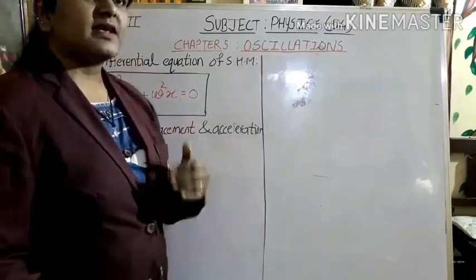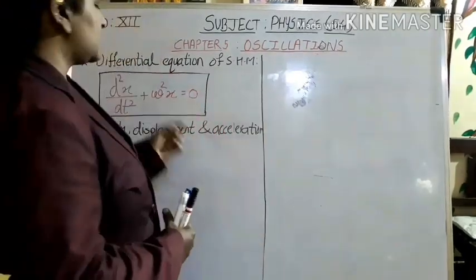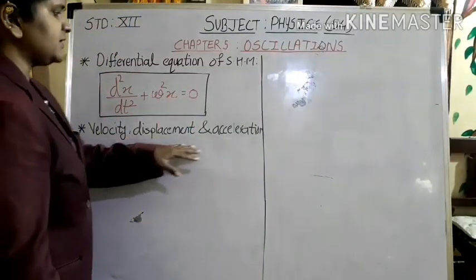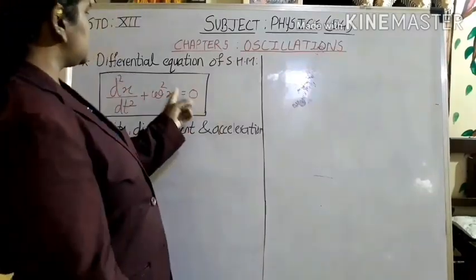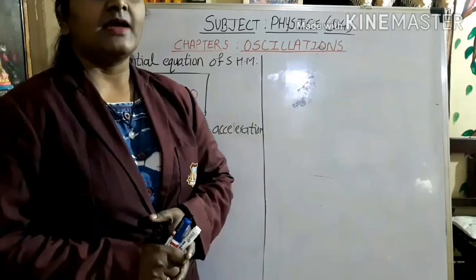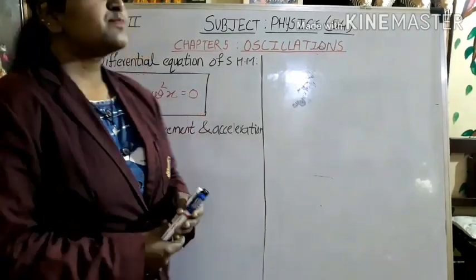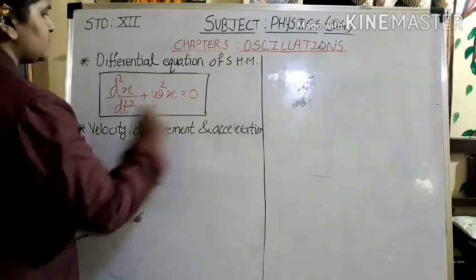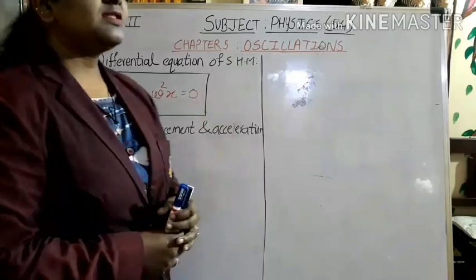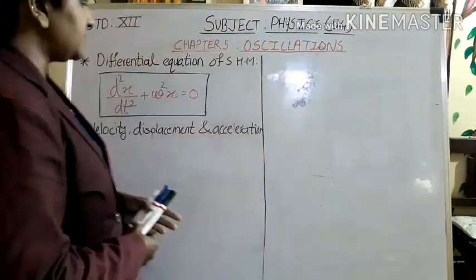Now as I told you in the previous lecture, we are going to derive some values by using this. Which are those values? The values are velocity, displacement and acceleration. So by using this equation we are going to find out the values for velocity, displacement and acceleration, and even the minimum and maximum values of the same. We are going to study this in today's lecture. This part of the video goes through all the derivations which give you the answer to this question. So let's move towards this part.